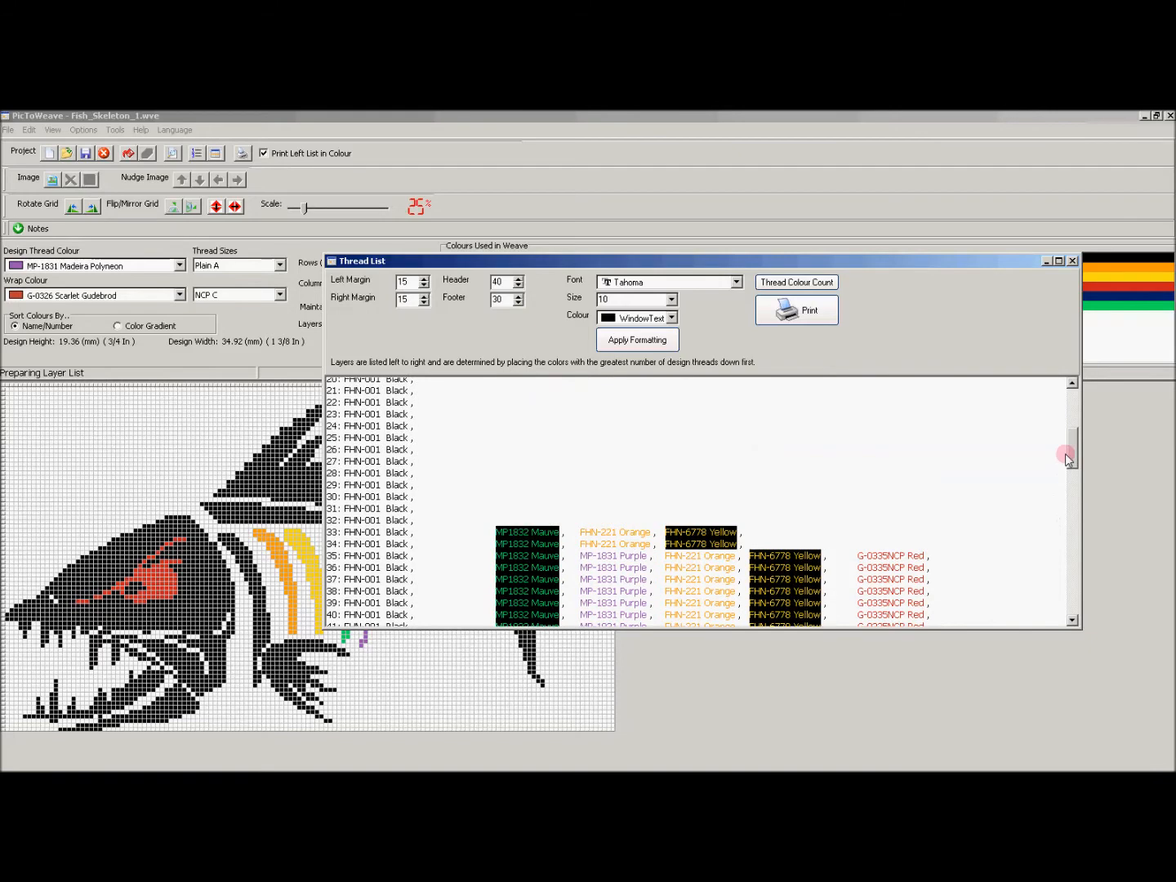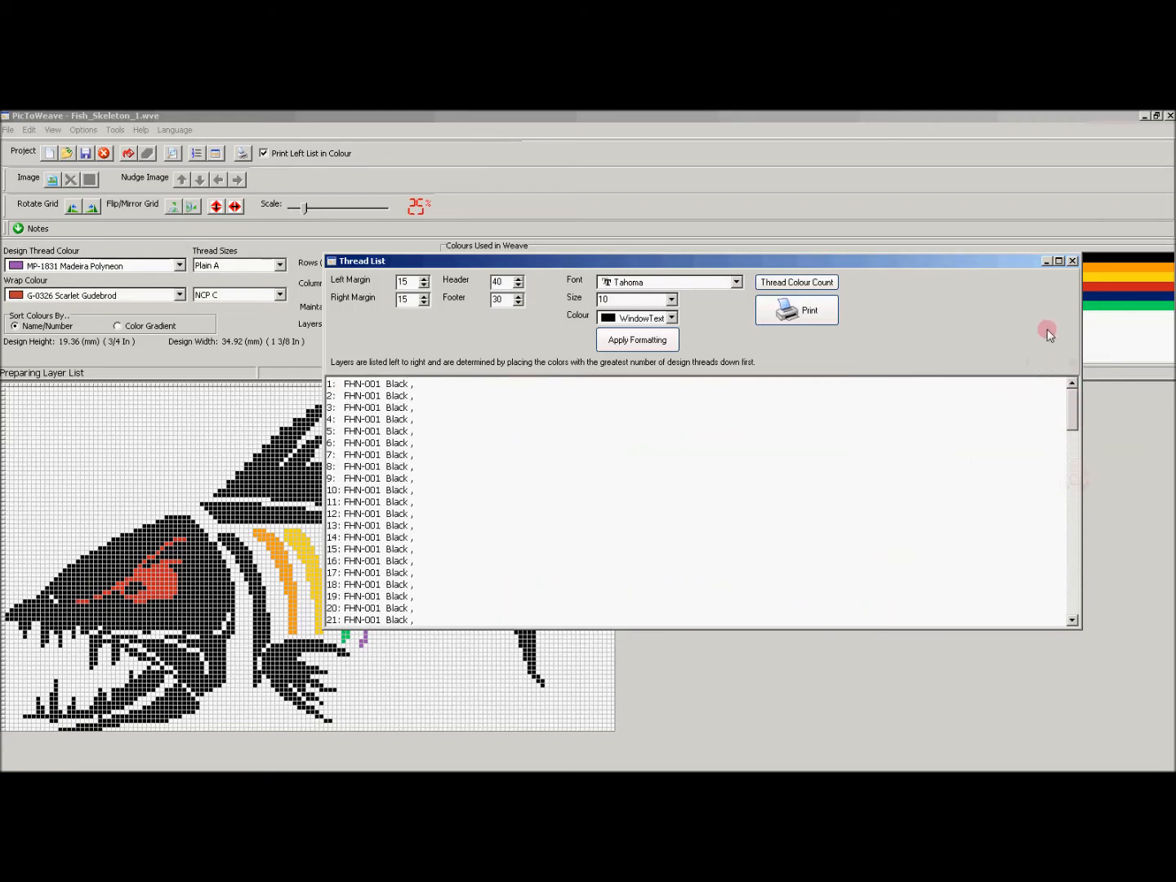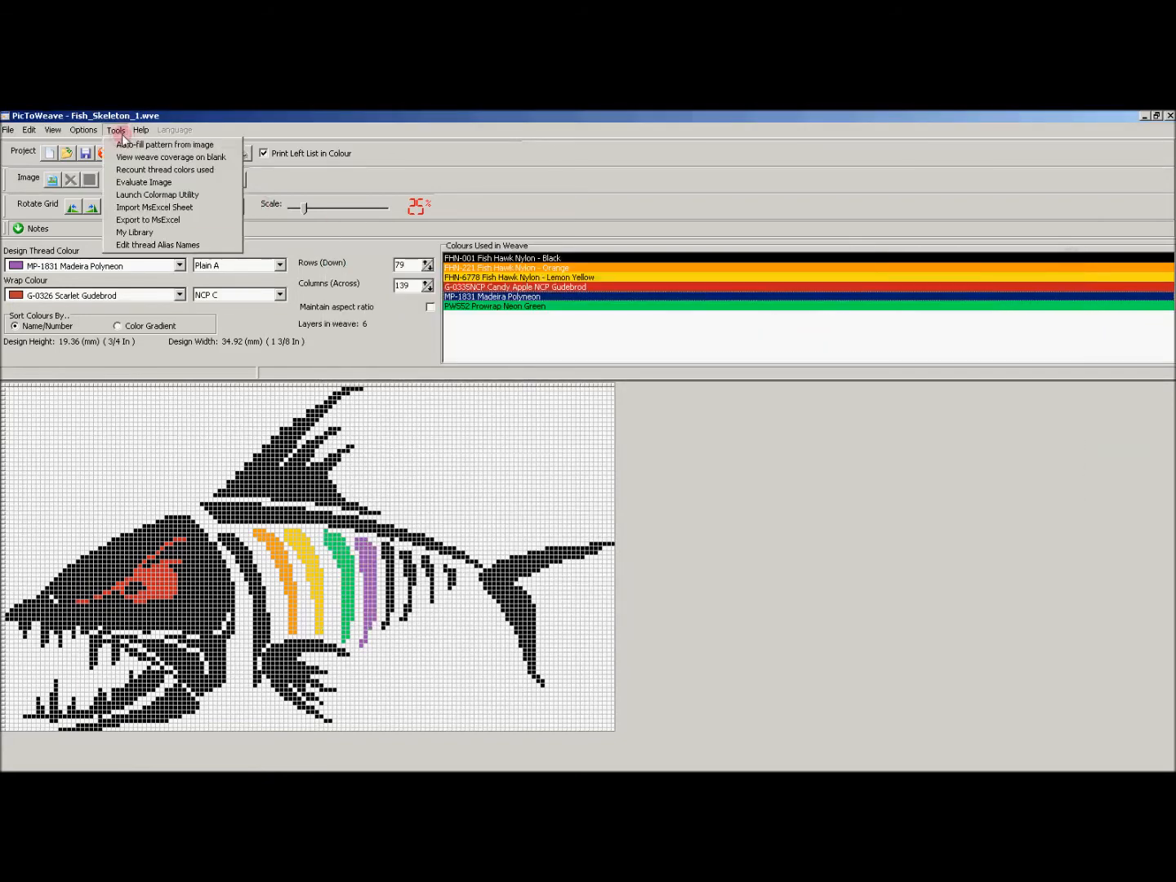And you can see the numbers get less and less and less in a pyramid fashion. So it's up to you which way you go. I'm quite liking the new